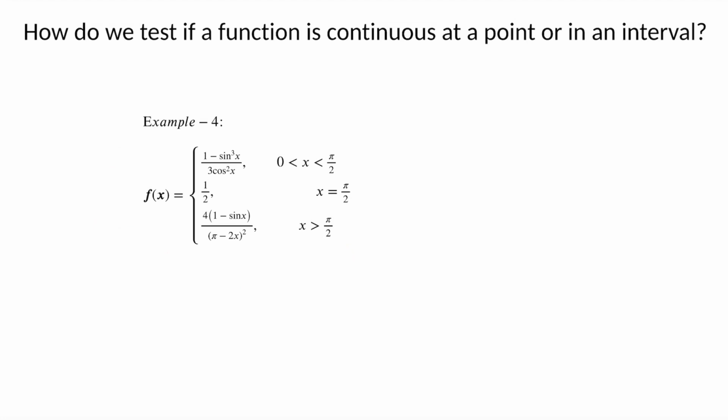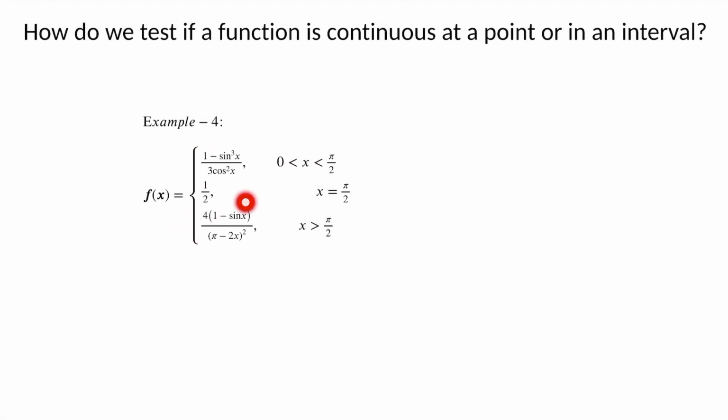By domain we mean the points on the x-axis where the function is defined, right? So for example, look at this mathematical expression here. It uses trigonometric expressions. All that you need to check is the points where the denominator might take a value of 0 in this interval. If you look at this interval, it doesn't contain the point 0 or pi by 2, right? It contains all the points between those two ends. And cos x doesn't become 0 in this interval. So this function is defined, and it would be continuous in this interval.